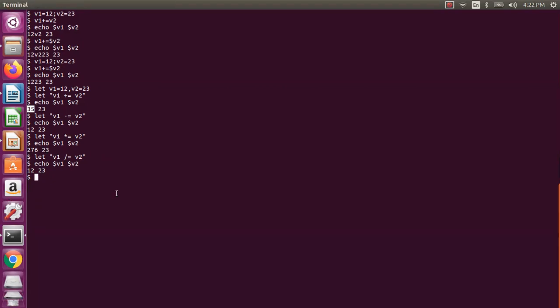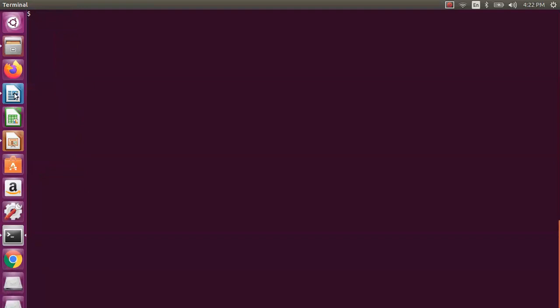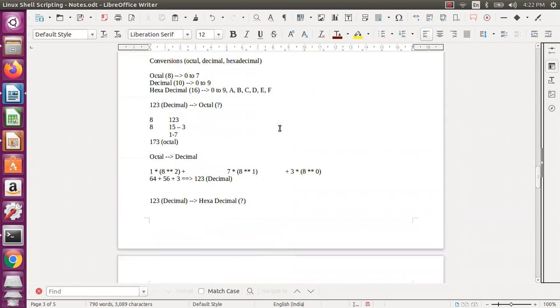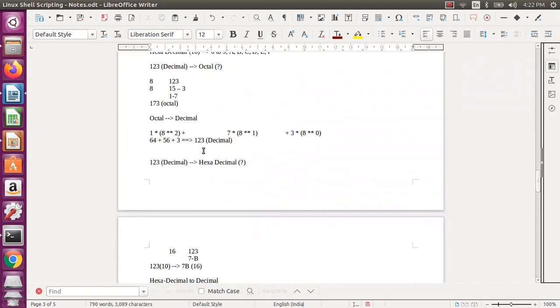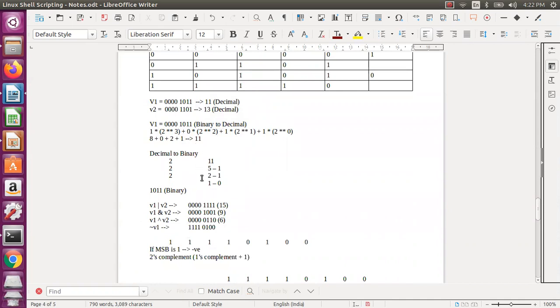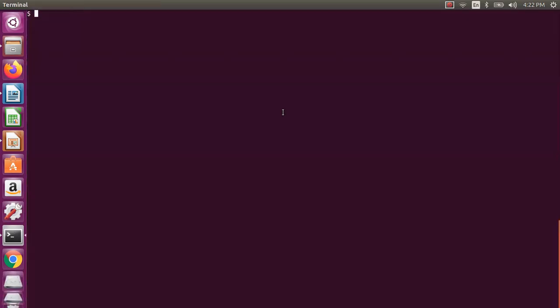Now let us check the augmented operator with the bitwise operator. We can take the same old one, so there is no need for us to convert. I have taken v1 as 11 and v2 as 13, and then we had v1 or v2. Let us check on that.